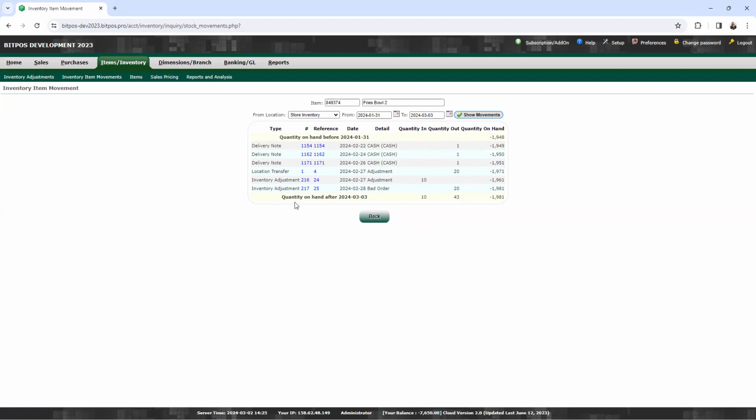And after, they have a quantity in of 10, the quantity out is 43, and the quantity on hand. So they have a difference of this. So this is the process on how to create inventory item movement.